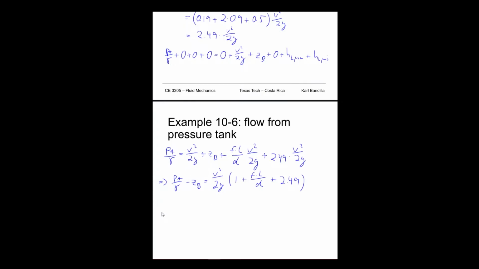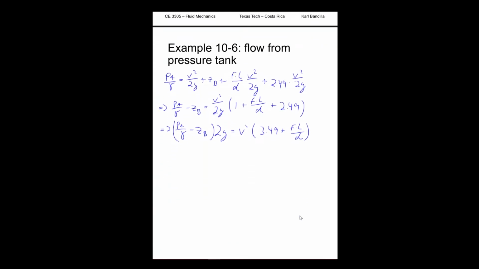Let's do that first, right? That's PA over gamma minus ZB. You know what? Let's already multiply this by 2g and get that over here. Is equal to V squared over 3.49 plus f times L over D. Right, we got that together,